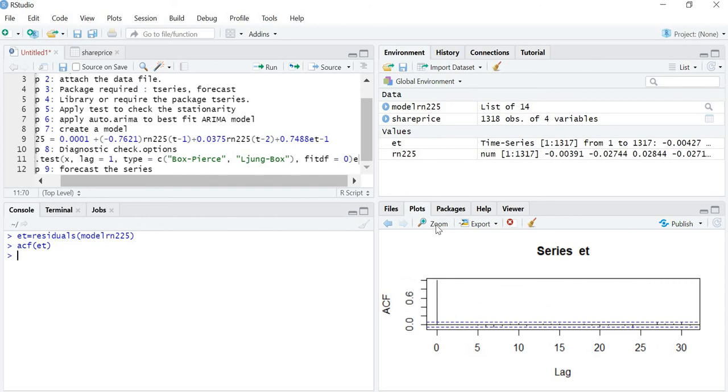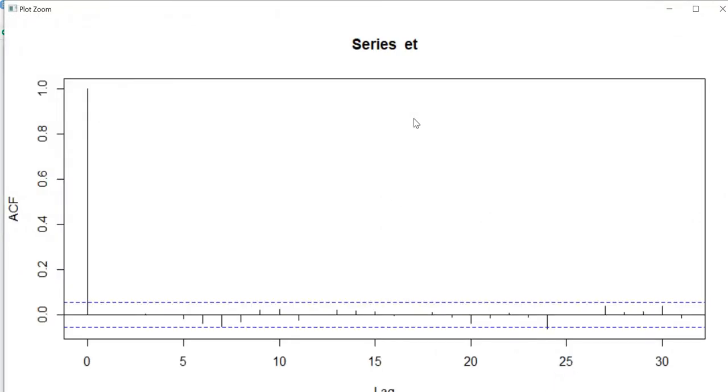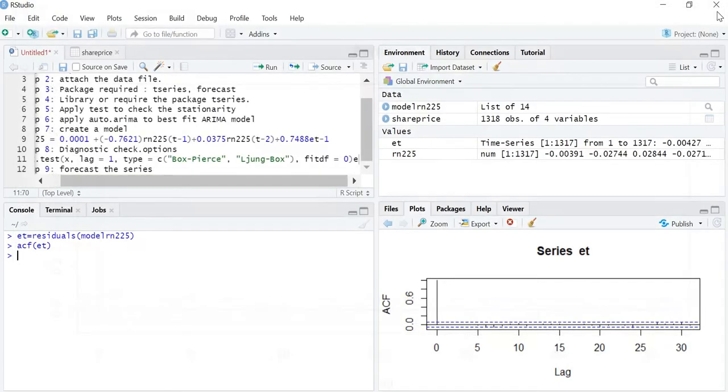Now see, this is my graph for residuals. You can see these are the control limit lines and these spikes are not touching these lines, except one spike crossing the line at a far lag. So there is no autocorrelation, which means my residuals are independent. We have passed the first step.